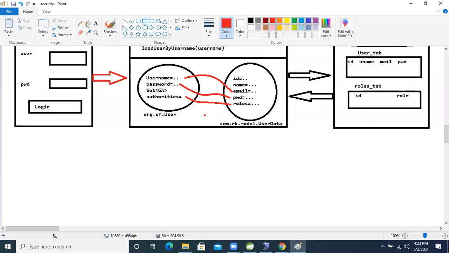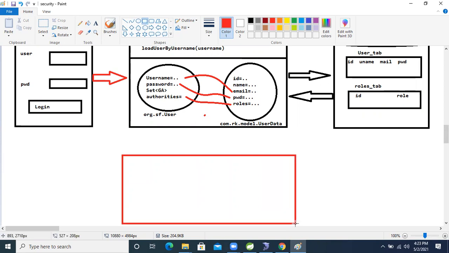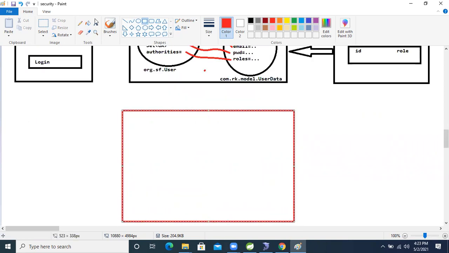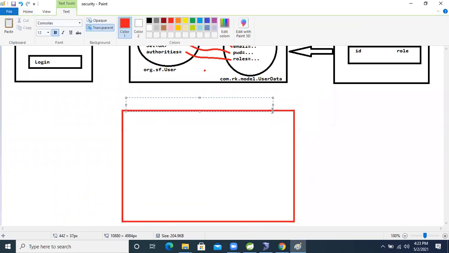From here onward, inside WebSecurityConfigurerAdapter, how many operations will we do? Let's see. This is the class, WebSecurityConfigurerAdapter.